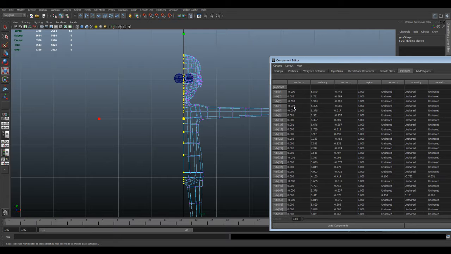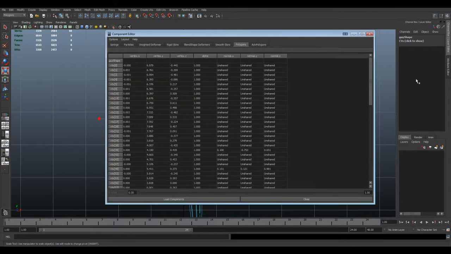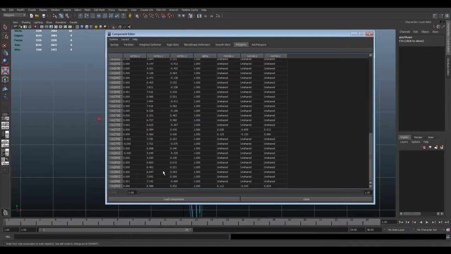Okay. Now if you look on this X here, you can see that there's quite a few different variations of numbers there. Now they're all very close to 0, but they're clearly not on 0. And because we're going to mirror this, it's going to be an issue. So if I